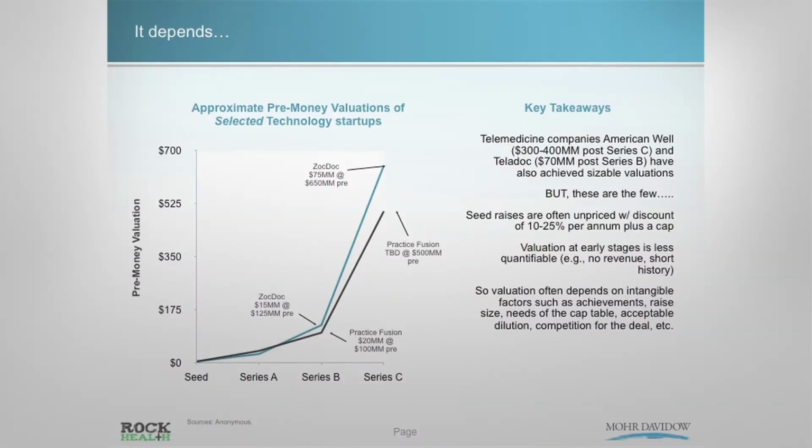So what we've given you is an example of a couple of companies who have had a tremendous fundraising path, ZocDoc and Practice Fusion. I think we should be viewing them as the Google and the Facebook of digital health right now. We all want to be those companies. We also have to realize there's 100, 1,000 companies that don't get this ramp in valuation. These are the picture-perfect valuations.